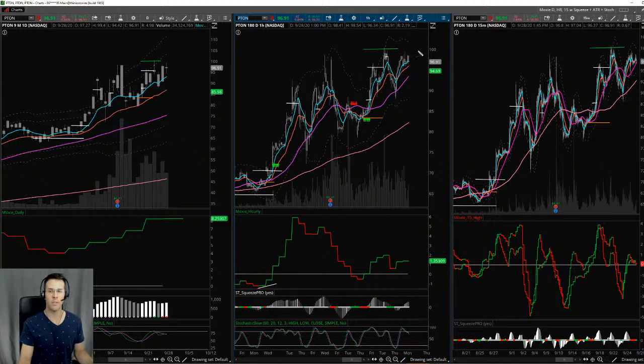Also, once it gets through the $100 mark, it tends to want to come back down, test it again, and then go back up. So you might be in for a wild ride when it comes to Peloton because of this $100 mark. Overall, I imagine it's going to keep going up. It's in a pretty good trend. The hourly 50 is in a very stiff uptrend, and things are looking pretty good. I'm looking for a way to get back in. I'm going to wait until after the market pulls back the way that I think it will. So that's what I'm going to be doing and looking for.